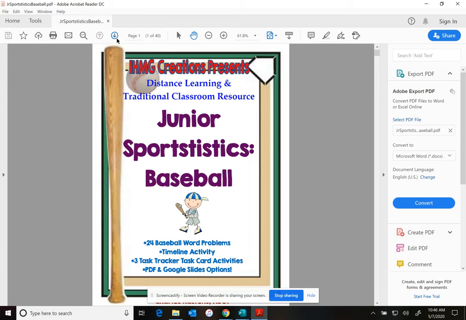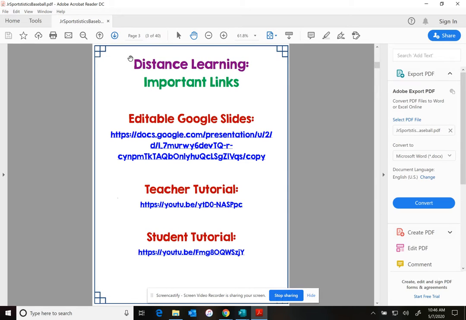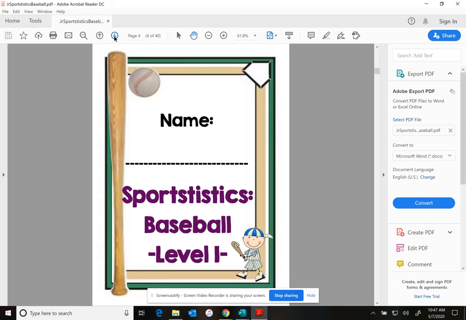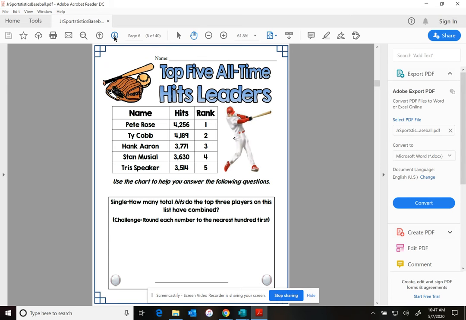When you download the PDF file and go to page 3, here are some important links for you to access the Google Slides presentation. I will come back to this page in just a moment. The rest of this document is the print version that you would use if you were in a physical classroom